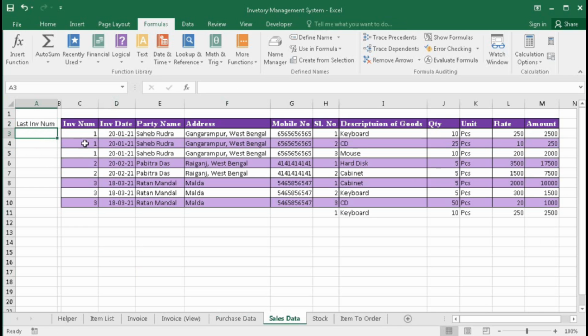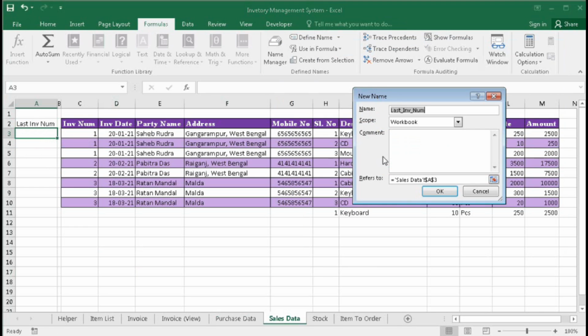So here should be another named range, new sales data underscore inv num, and the range will be equal to OFFSET( this range, 0, 1, COUNTA( this column ) - 1, 1).